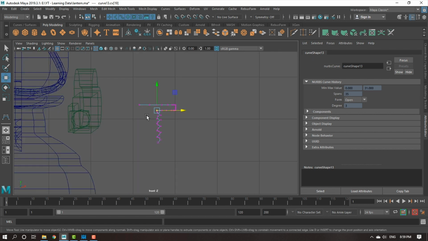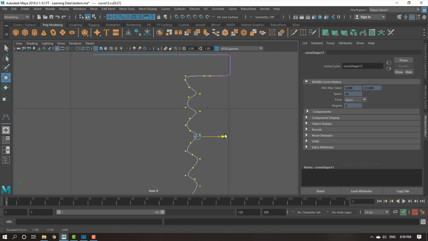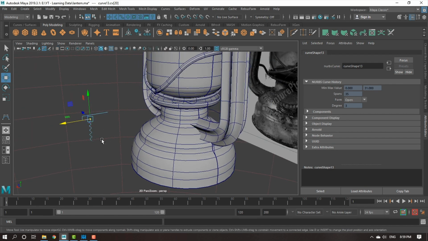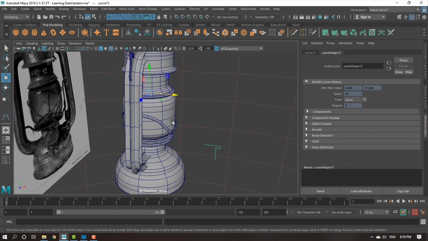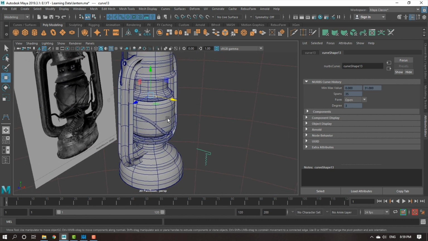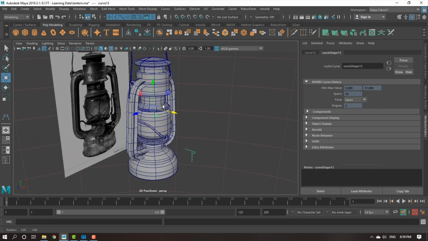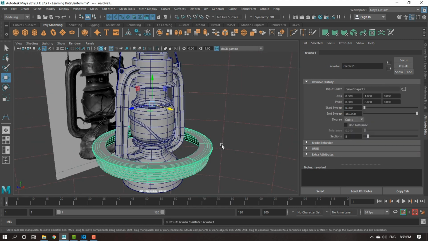You can see I'm quite happy with the output, and this one will go here, something like this. Now if I go and choose revolve, see the pivot is automatically at the center of the scene. Whenever you create any kind of curve, the pivot is automatically in the center of the grid, or the scene. So if I go here now and say revolve, see what happens.